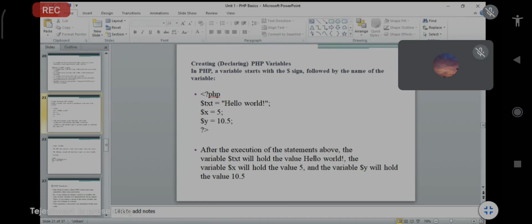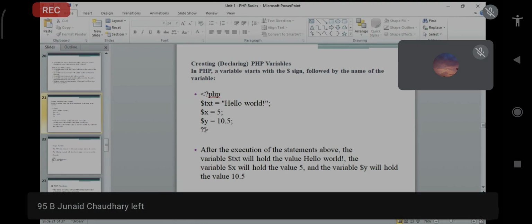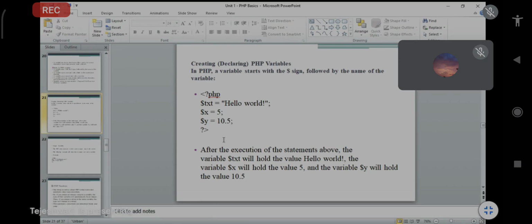After the execution of these statements, variable $txt will hold the value Hello world, variable $x will hold the value 5, and $y will hold the value 10.5. So this is a simple example of how to declare PHP variables.